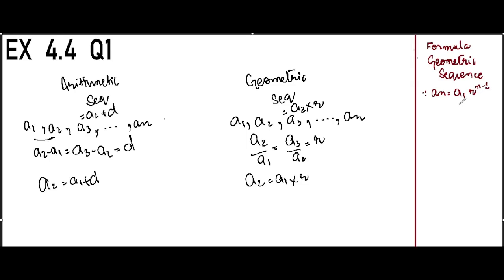So this is the basic formula that we are going to use for question number 1 of exercise 4.4. So this is the question. Determine whether each sequence is geometric. If so, find the common ratio. So how do we know if the given sequence is geometric or not? We are going to see if all of these terms have the same ratio. This means that these two have the same ratio, these two have the same ratio, and the same goes for all of them. If all of these ratios are equal, that means that the sequence is geometric, and then we also have to find the common ratio.